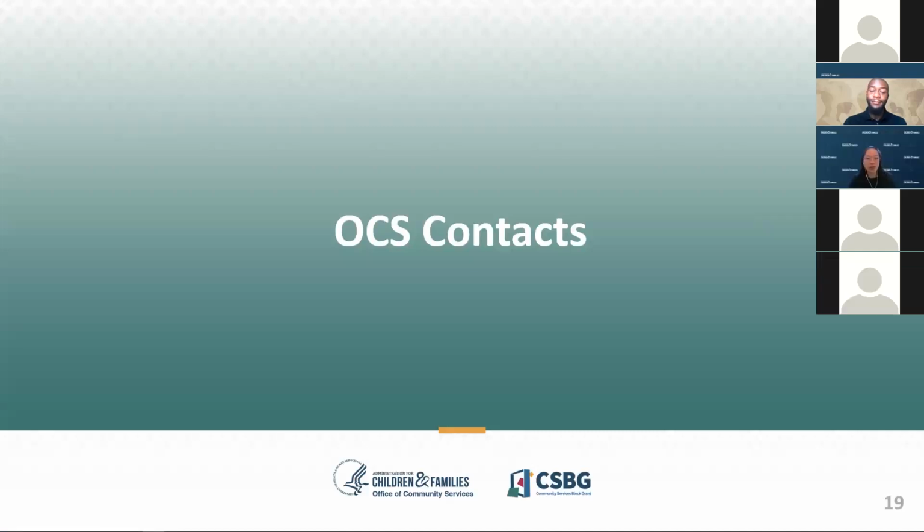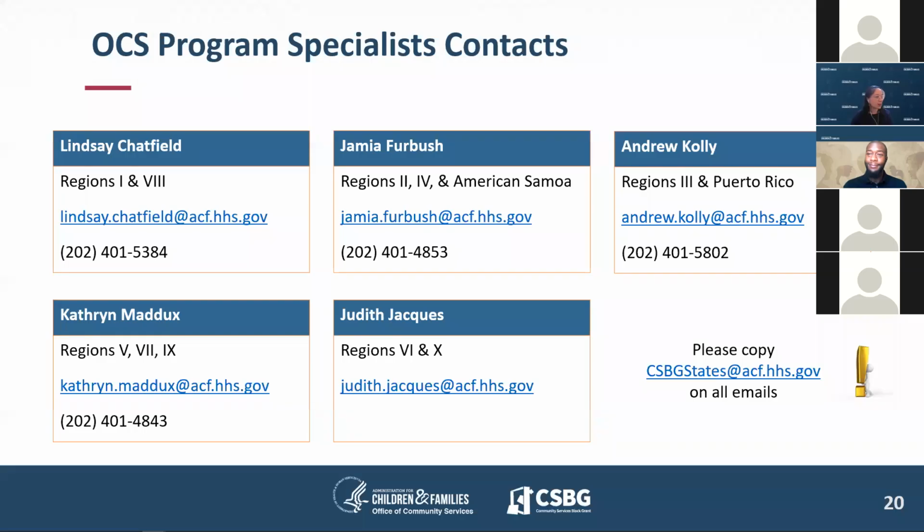Great, thank you so much, Norris. So these next 3 slides contain the contact information of folks on the OCS team that you can reach out to with any and all questions that you have about your annual report. Next slide, please. First, we have our team of program specialists, and these are their names, their emails, and their phone numbers. These people can offer up their insight and expertise around things like coordination, planning, or technical assistance for your program activities. Each have been assigned to particular regions.